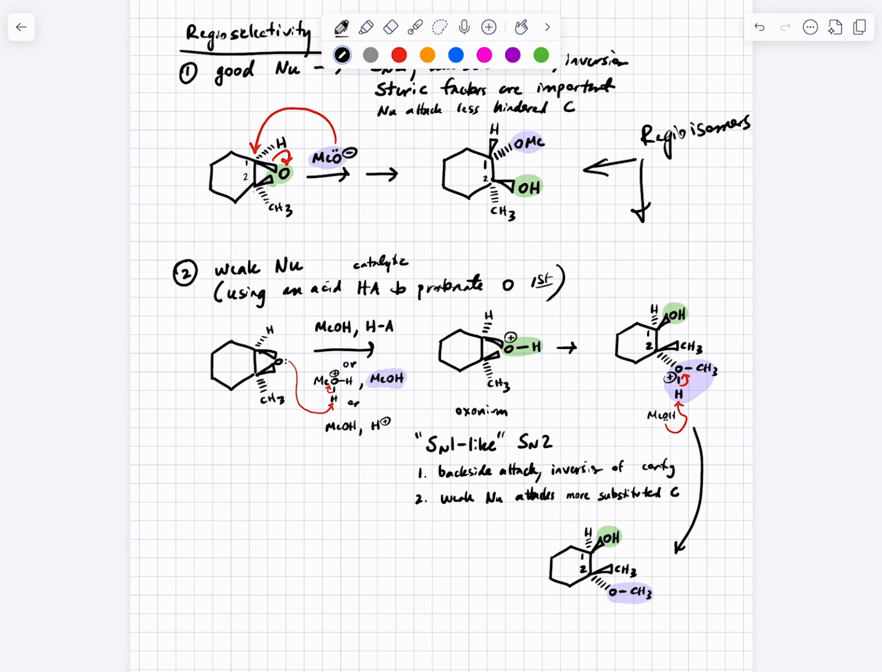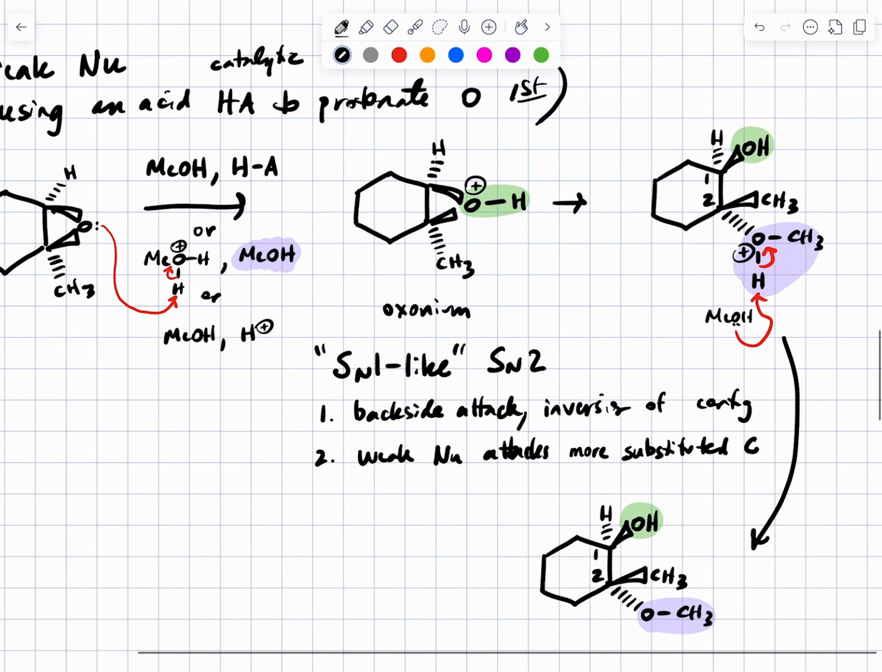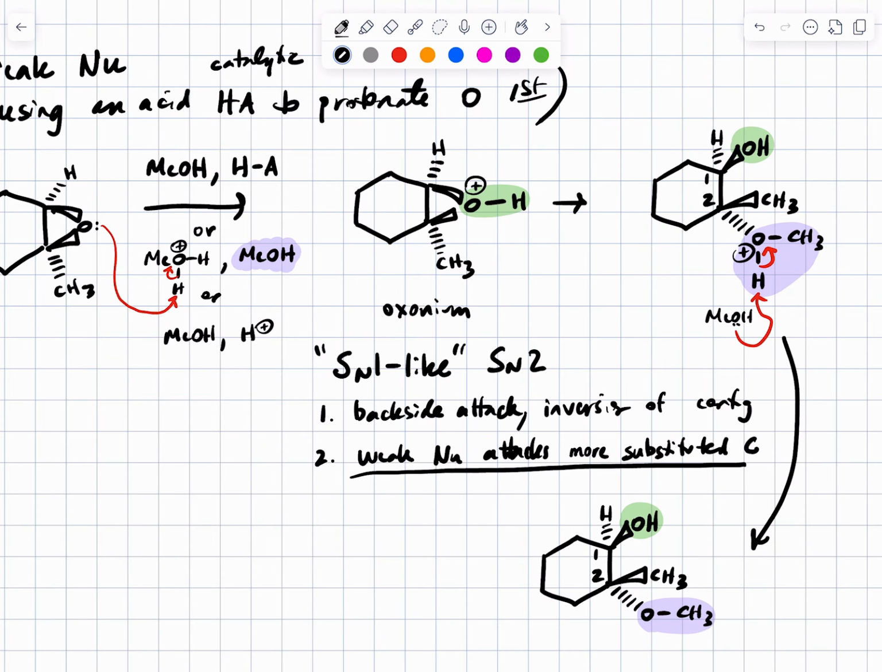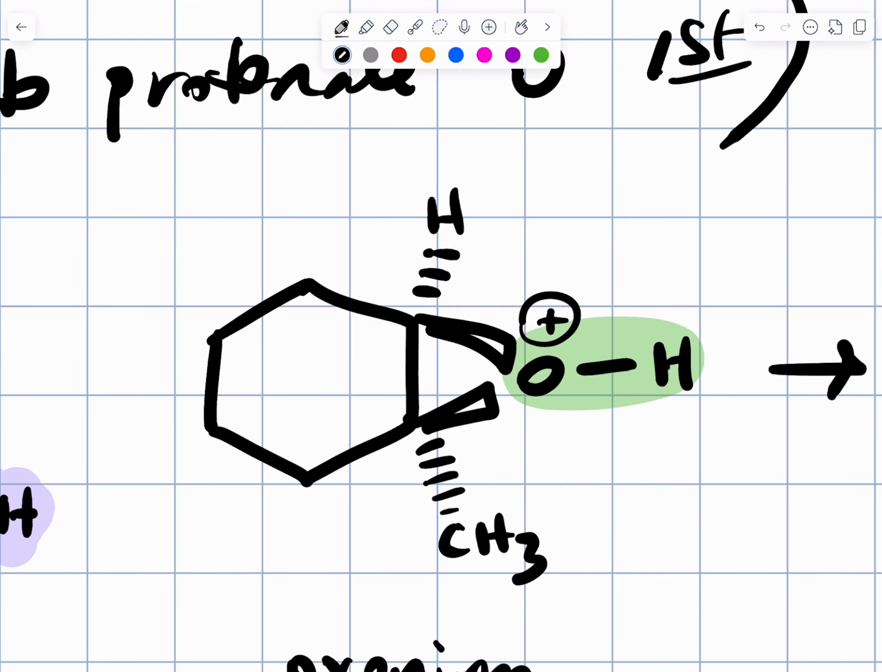Yeah. So you're saying it's SN1-like, not because there's an intermediate or more than one product, just because it attacks the more substituted. Yeah, so we need to explain why it attacks the more substituted carbon. So to set this up, let's zoom in on that intermediate. You see a positive formal charge on the oxygen,